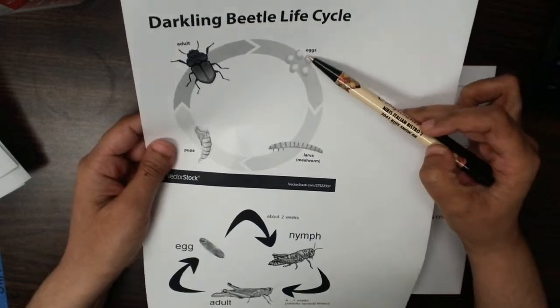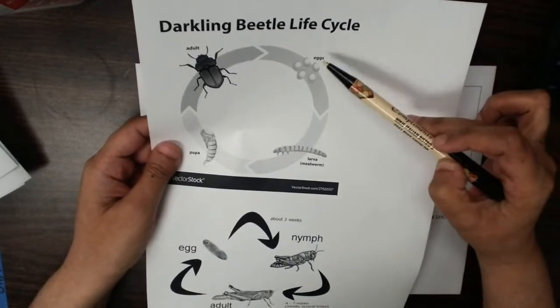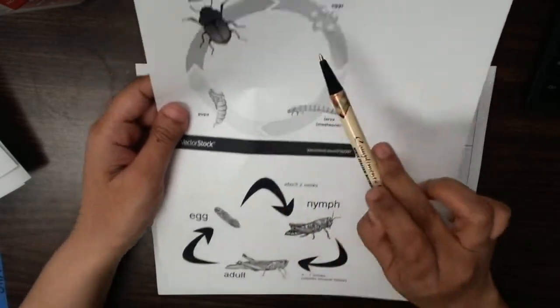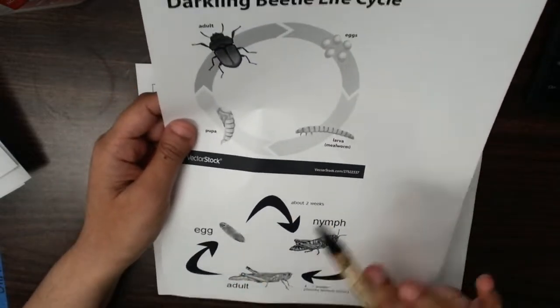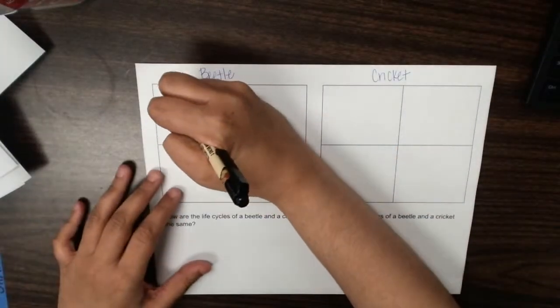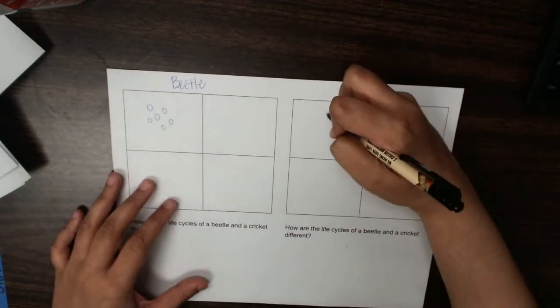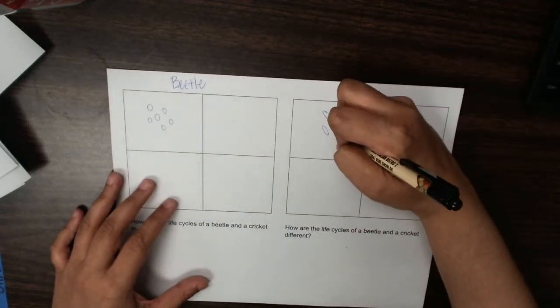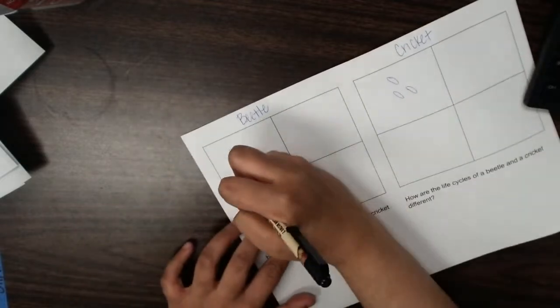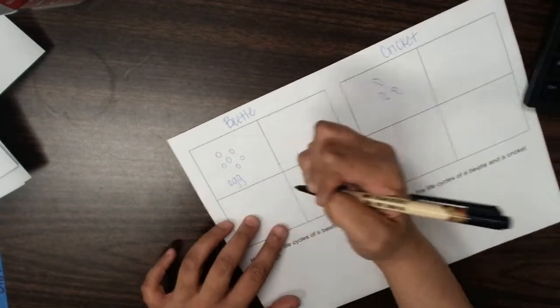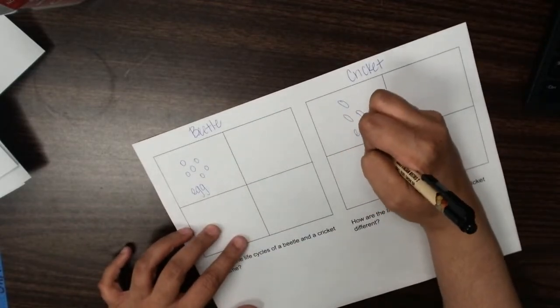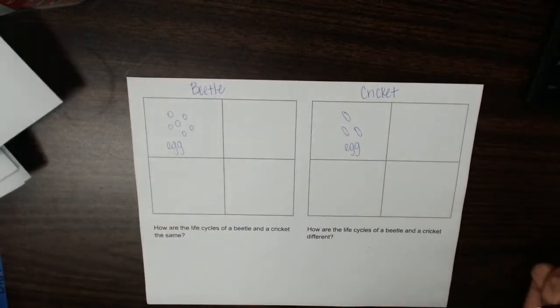So if you notice, the beginning stage is the eggs. They both have eggs. Now, eggs are definitely different shapes, but the cricket egg is kind of more like this. Okay, and I'm going to label it egg. All right, now for the beetle,